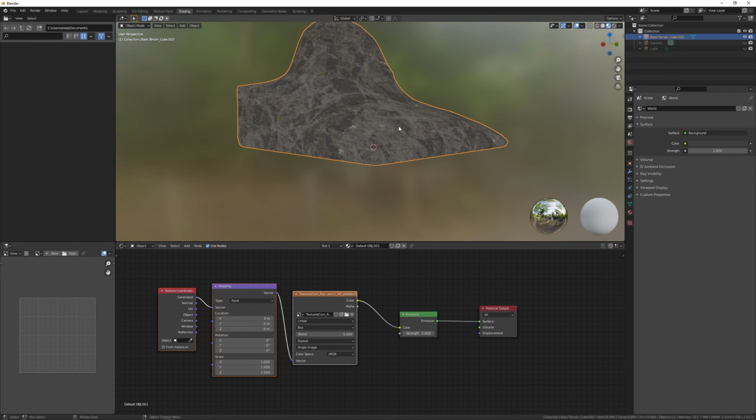So that's good. And then let's say you want some dirt surfaces. So I'm going to copy all of this down here.